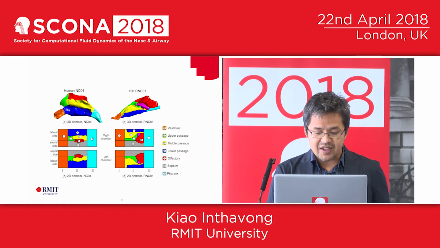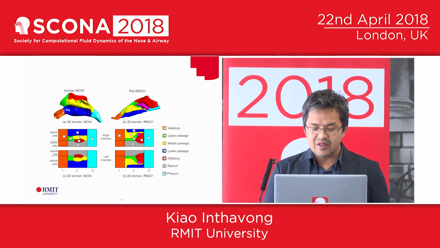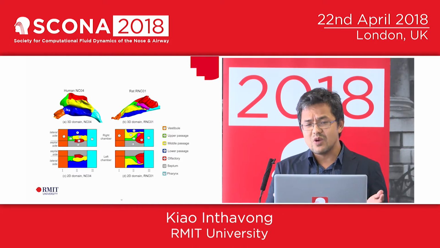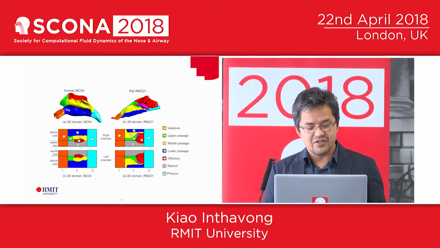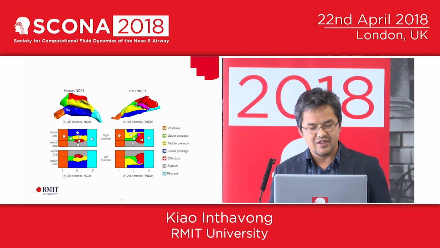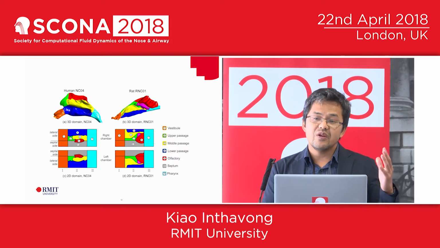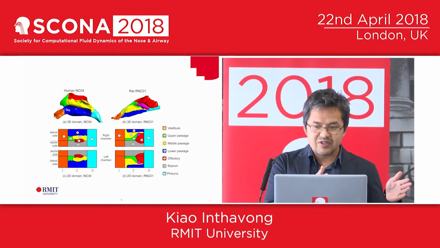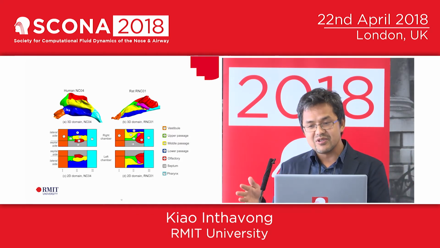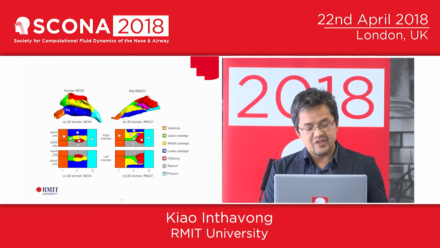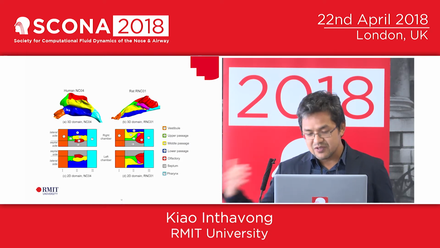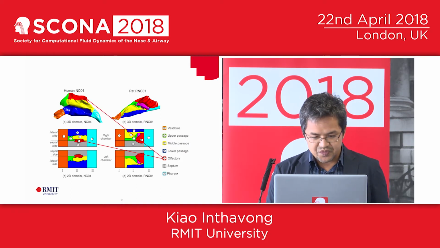Okay, so this is what it looks like when you unwrap the model from 3D to 2D. And then you can normalize it from 0 to 1, where 0 is the front of the nostril and 1 is the back of the pharynx. So when you look at different patients, maybe one patient has a short nasal cavity and another has a larger nasal cavity, that can be normalized, and you can look at the deposition patterns and the wall shear stress in detail, and have a direct visual comparison.